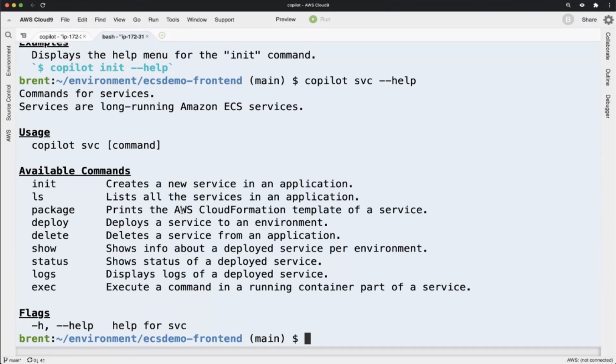But you can guess service init, just like app init. Service init will create a new service inside an application. LS will list them. Package is interesting because I pointed out that Copilot takes care of the infrastructure as code for you. Package is a way for you to see what is it building? What does that end up looking like? So for our service here, our front end, if we do package,